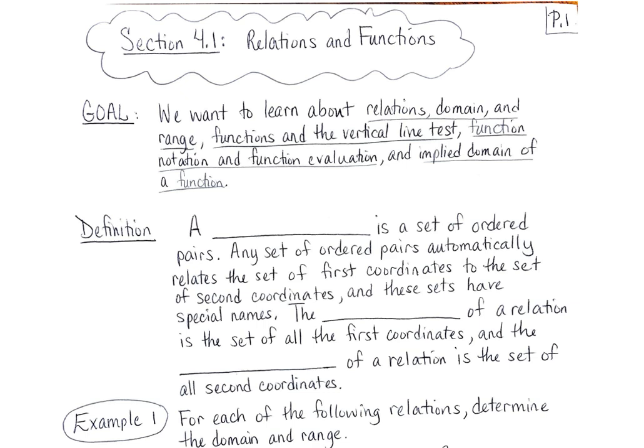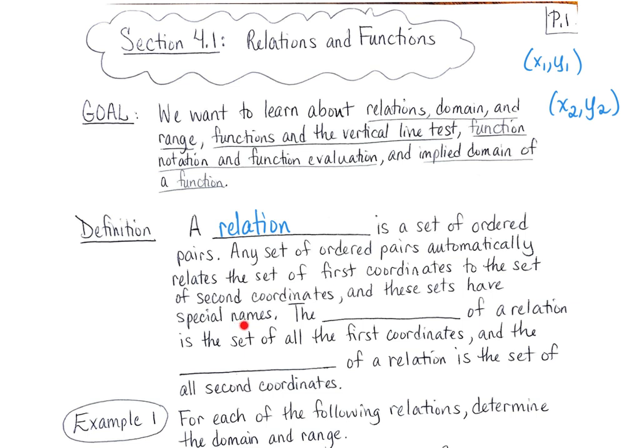A relation is a set of ordered pairs. So, like we have on the board, x1, y1, and x2, y2, that could be a set of ordered pairs. So a relation is a set of ordered pairs. Any set of ordered pairs automatically relates the set of first coordinates to the set of second coordinates, and these